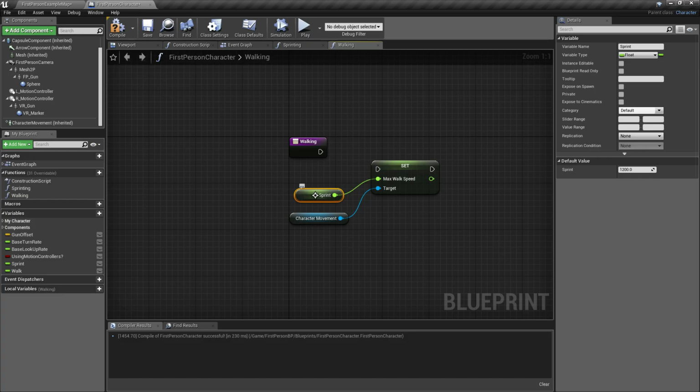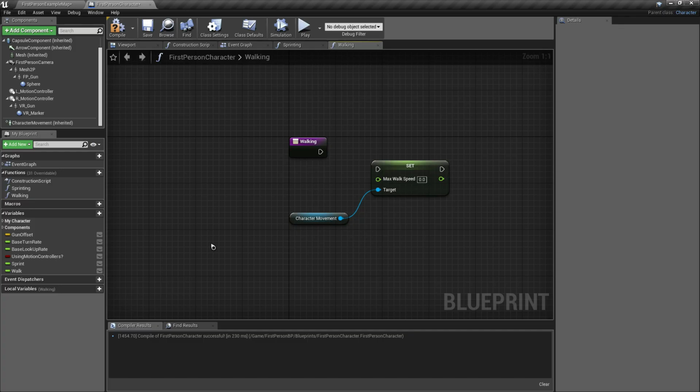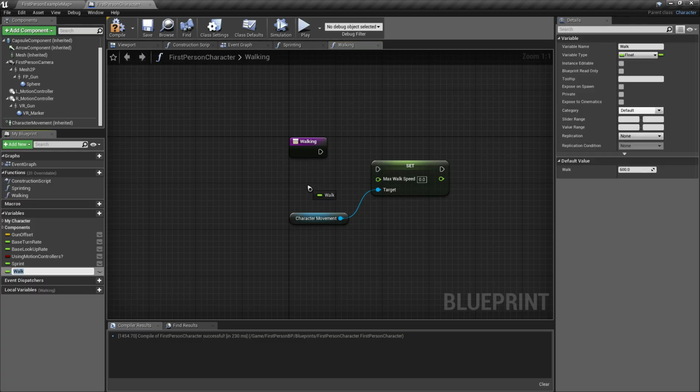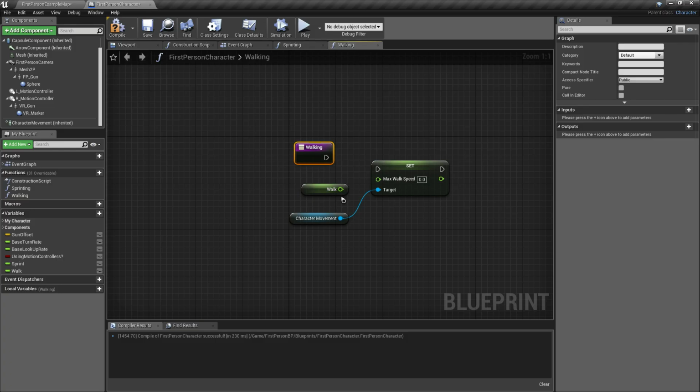What we need is the walk variable. Just delete this one and replace it with the walk variable. Then connect the walk variable to the max walk speed and the execution of the function to the execution of our max walk speed.